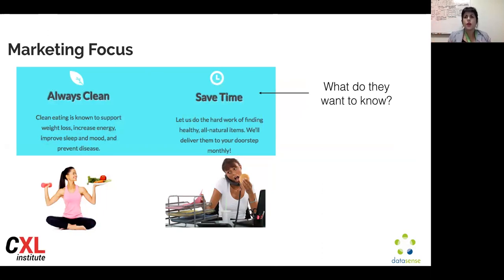Now, it's not that you have to choose for life, right? But certainly within the same landing page, you want to be consistent. Within the same website, you want to be consistent. Then again, if you really think your product appeals to a number of different people, there's no reason not to craft different types of campaigns with different messages for those personas. But having the clarity of knowing which personas you're trying to appeal to, and knowing more about their wishes and desires, will certainly help you reach that goal faster.